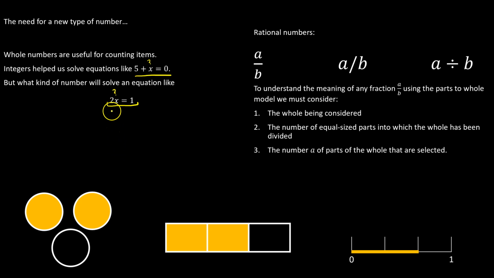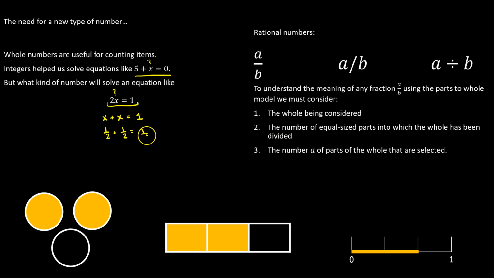2x equals 1 is basically saying that you have 2 of some number added together, and their sum is equal to 1. Well, the only way to make that work would be to come up with a part of a number. If 1 is a whole number, then x in this case would have to be some part of that whole. We might already know that the answer is 1/2, and that's probably because we've learned about fractions at some point in our lives. But when we're teaching about fractions in the very beginning, the best thing to do is start